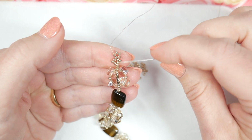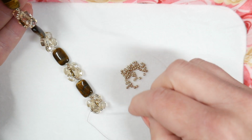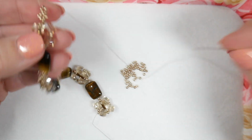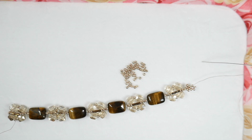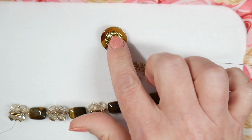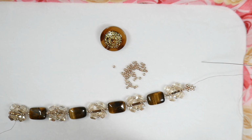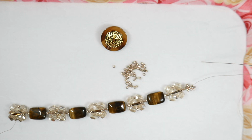Like I said, I'm going to do these first 2, and then I'm going to come down here at the very beginning, get my thread all the way over here, add square stitch on a bead, and then add 2 of them over here. Then I'm going to measure again and figure out where I'm at. Now, I don't want to forget to add enough room for whatever closure you're using. So I'm going to leave at least an inch. It's probably going to be an inch to an inch and a quarter, somewhere in there. And that will give you enough room to be able to add your